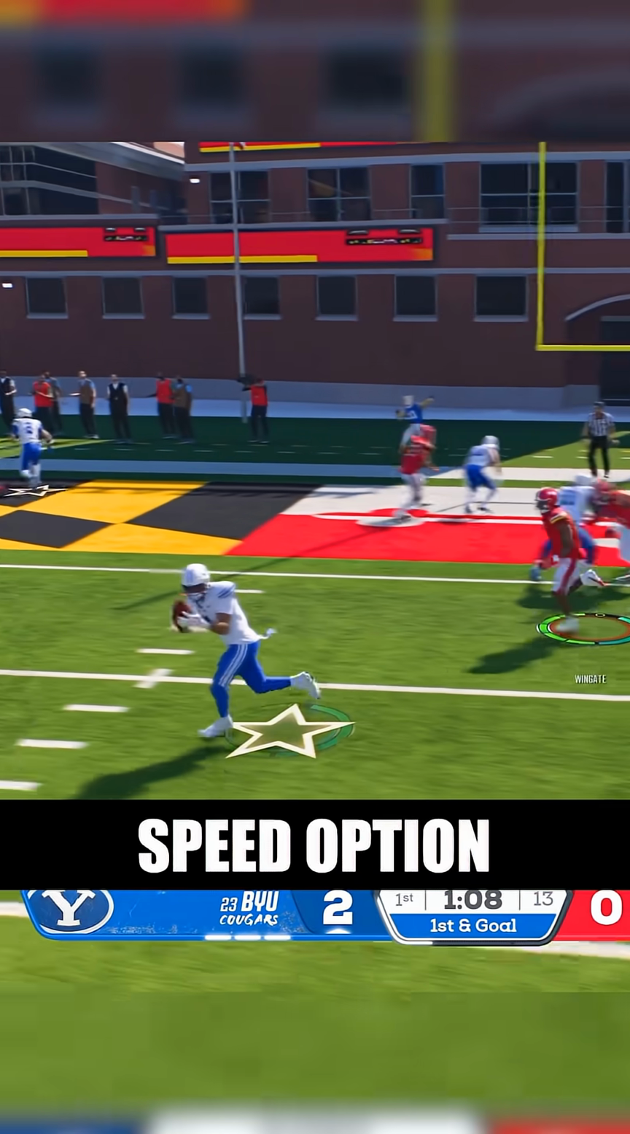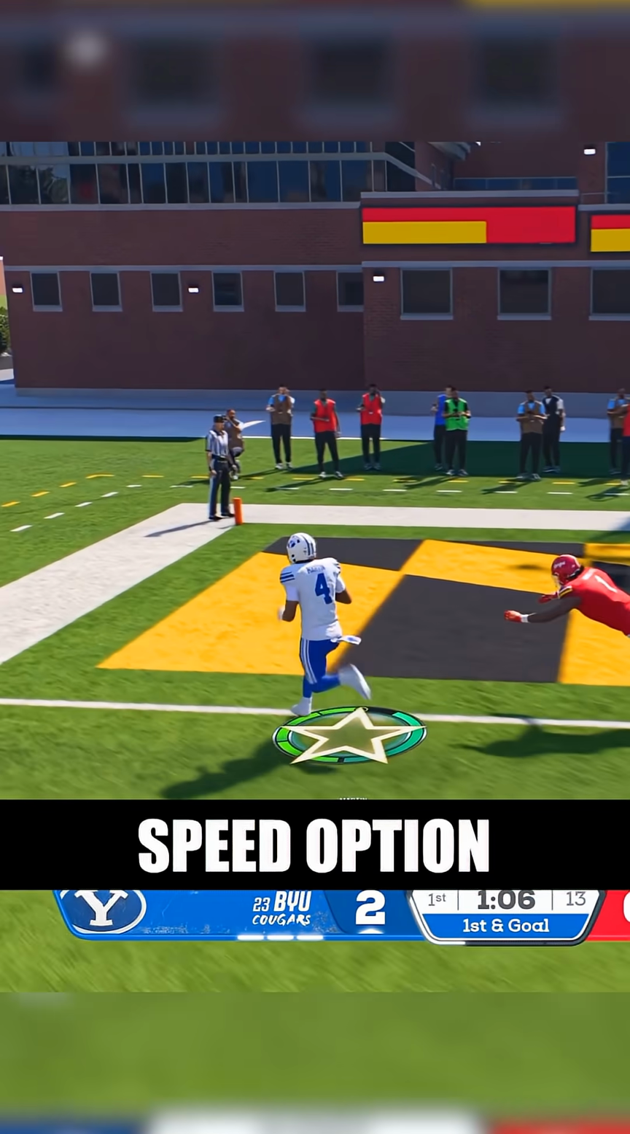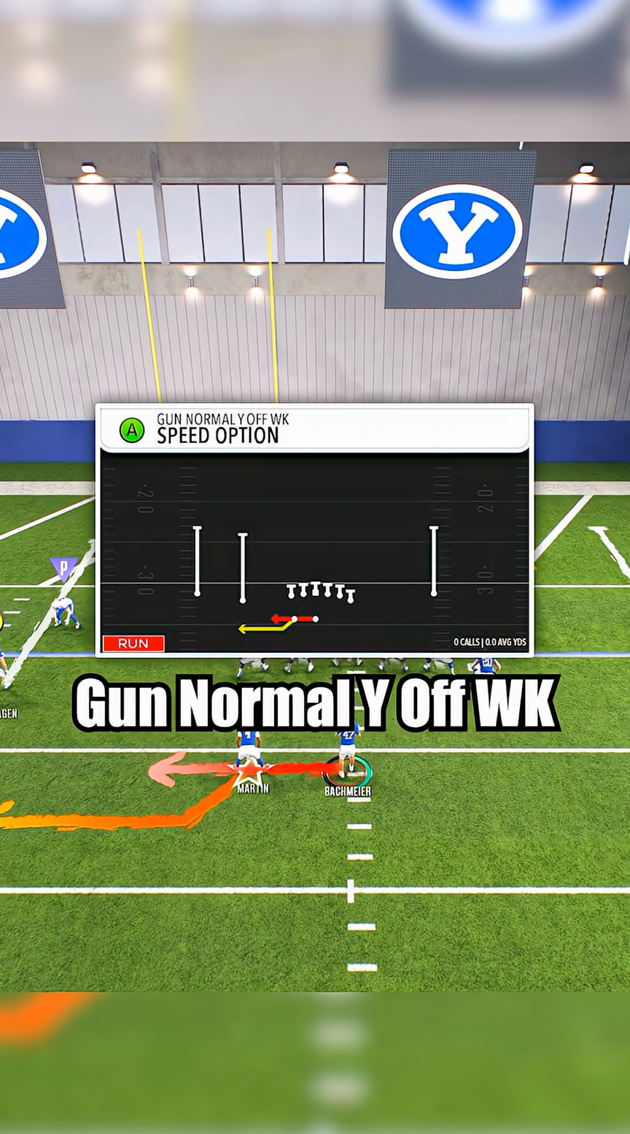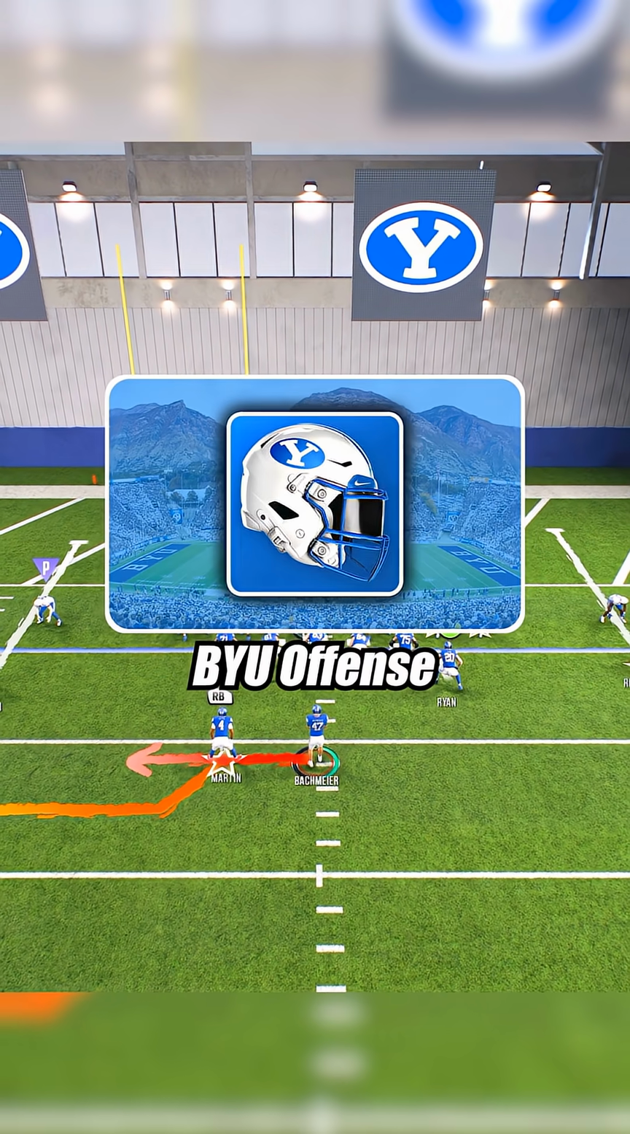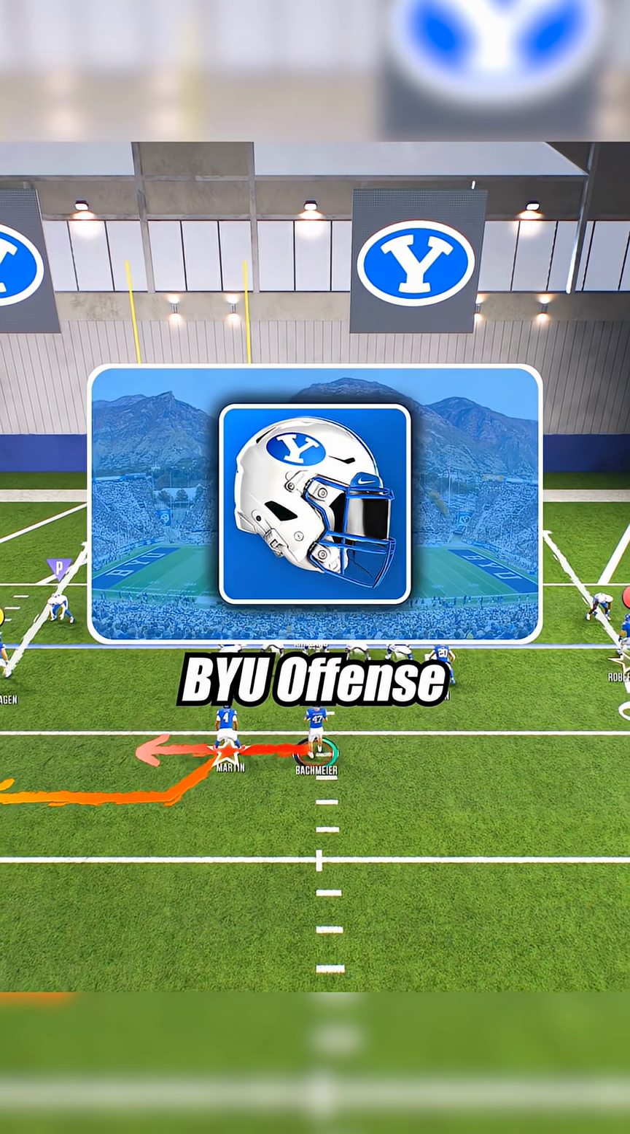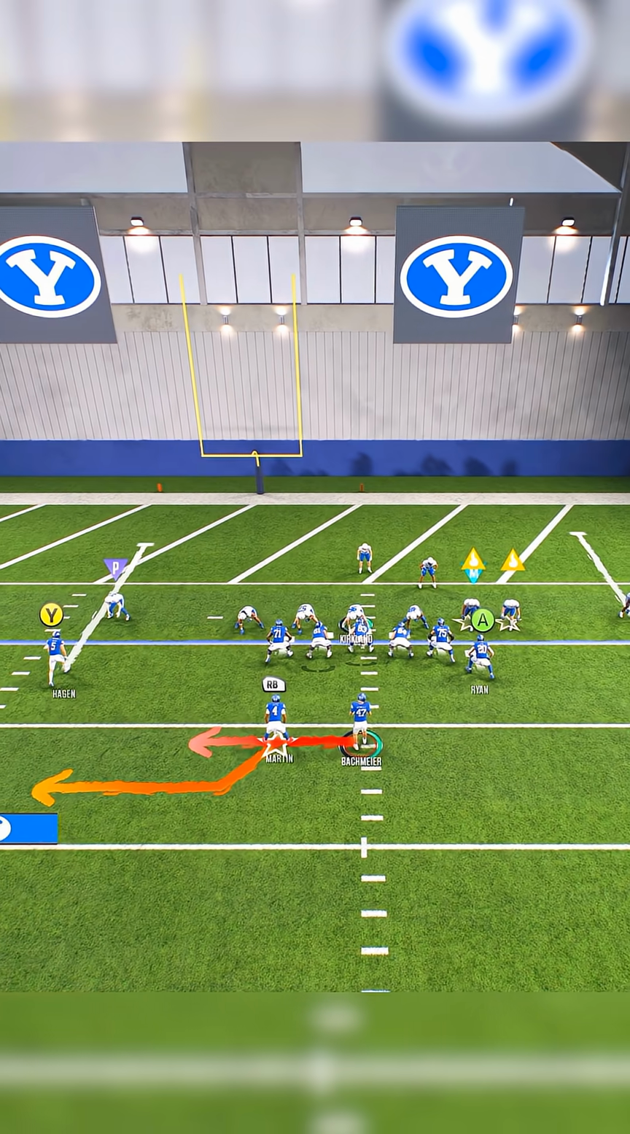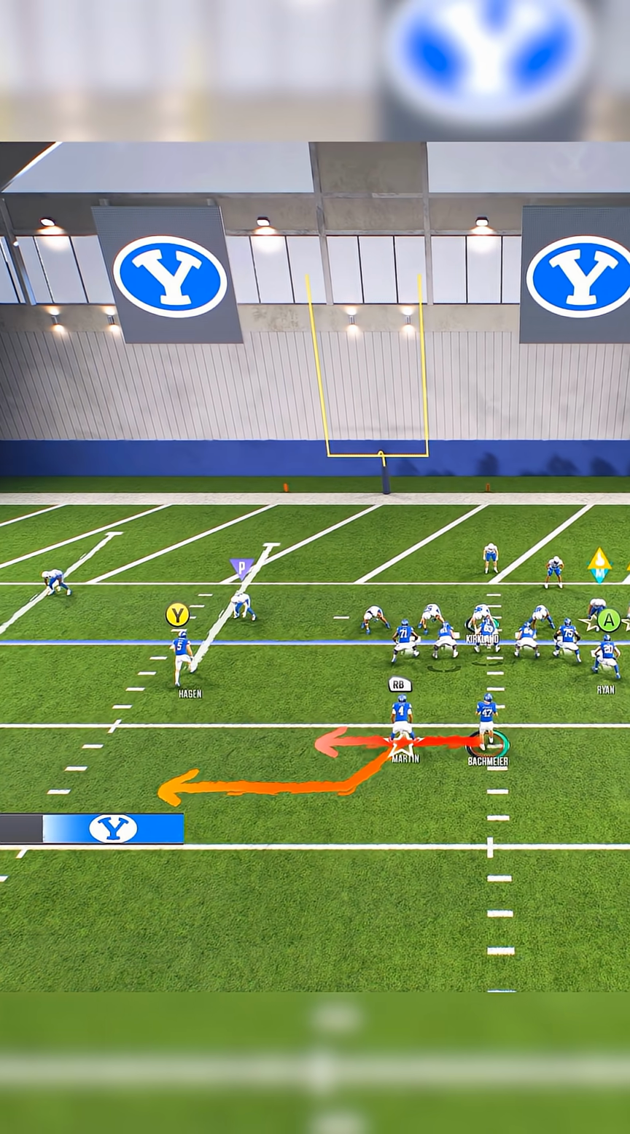This option play is one of the best short yardage plays in the entire game. The play is speed option in the formation gun normal Y off weak, and this comes from our BYU offense game plan on playbookprofessor.gg. Now, whenever you run a speed option, the first thing you need to do is identify